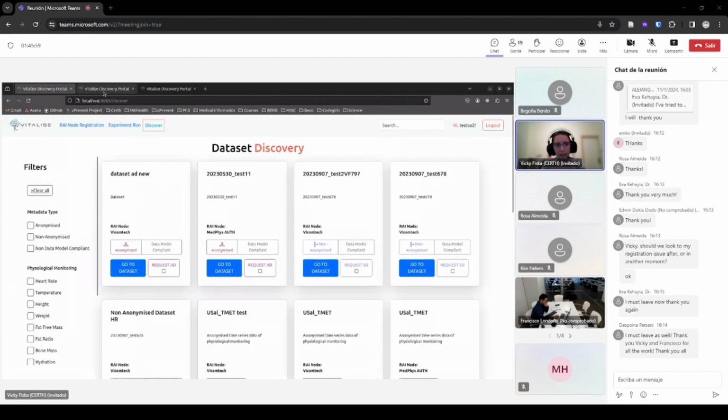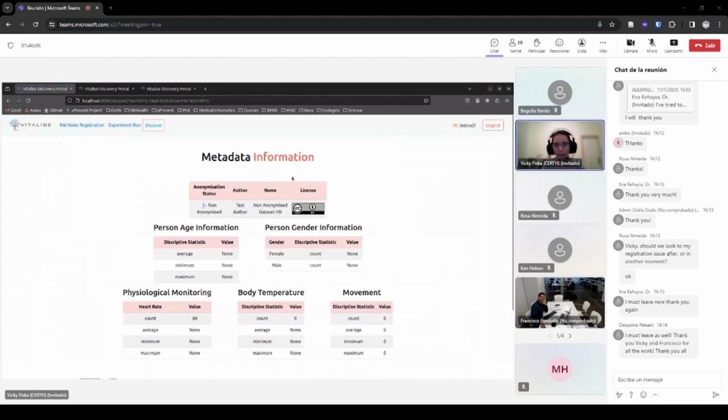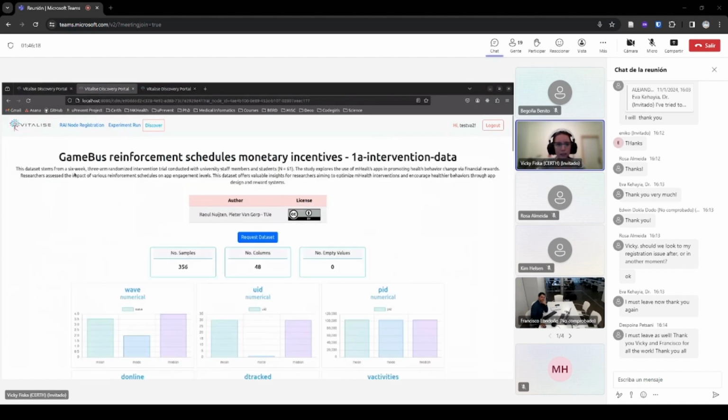And also in the NDM and in the other datasets, we have included more information regarding the license. There will also be a few more descriptive information with visualization in the metadata section. In the non-data model compliant page, we will also have the author and license fields in the user interface preview,